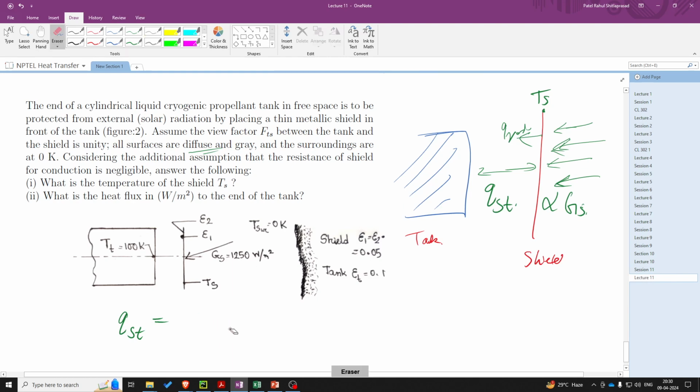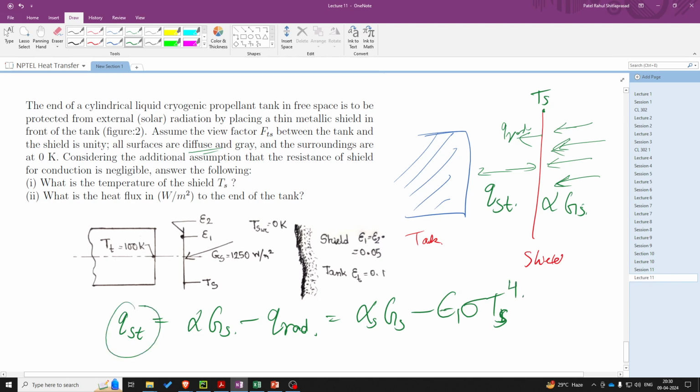Q radiation. Basically it will be equal to alpha S times GS minus Q radiation. Alpha S GS minus Q radiation will be equal to epsilon 1 sigma Ts raised to 4, and QST, that is the heat exchange between both of the surfaces,